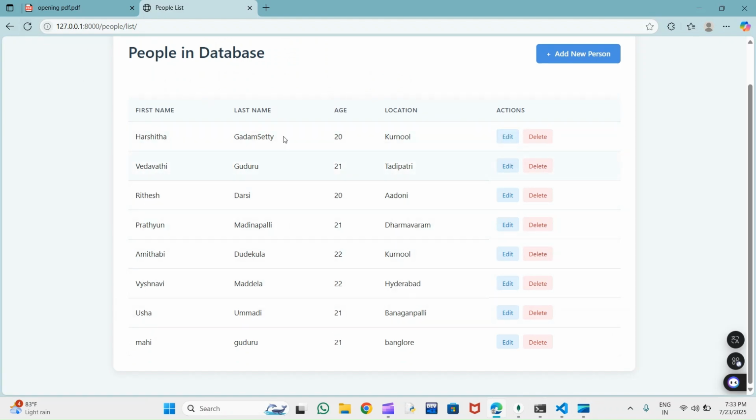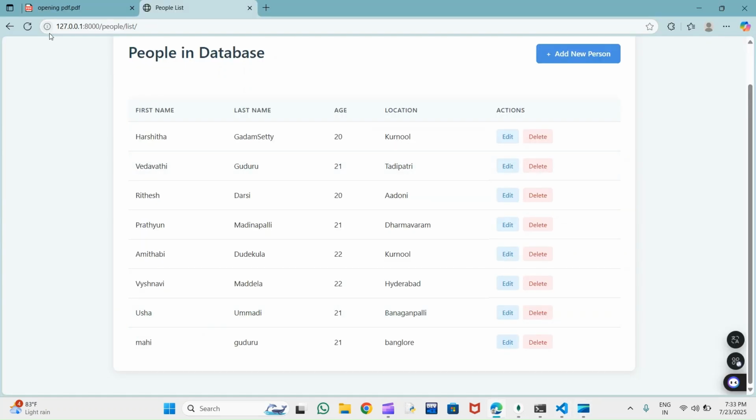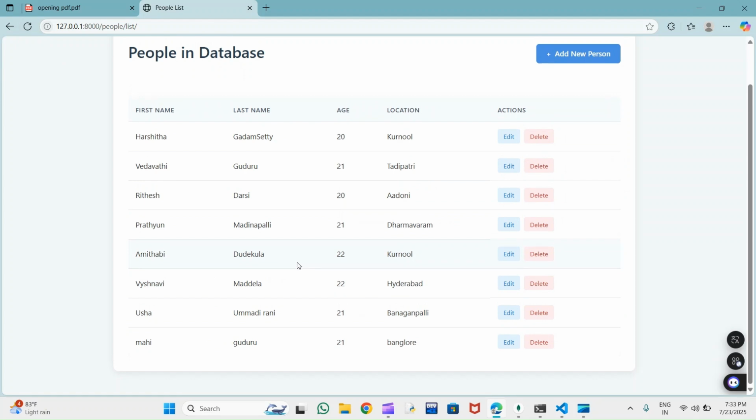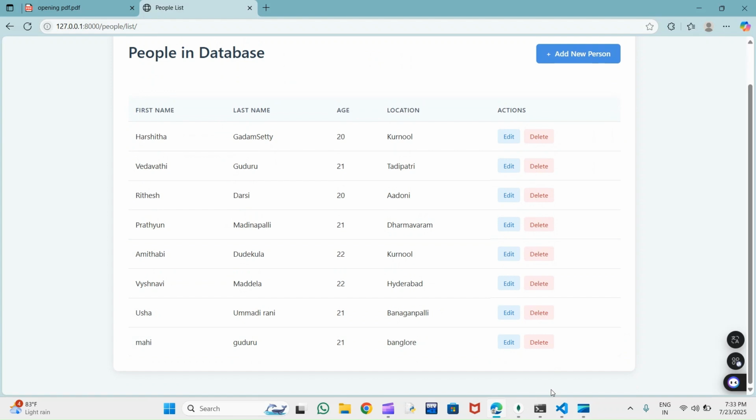Before, Usha's last name was Ummadi, and what I gave here is Ummadi Rani. See the changes here. Ummadi Rani, the name is changed. So when you update here, the data will also be updated in the MongoDB Compass collection. And when you update or insert any data in MongoDB Compass, the data will also be changed in these templates.